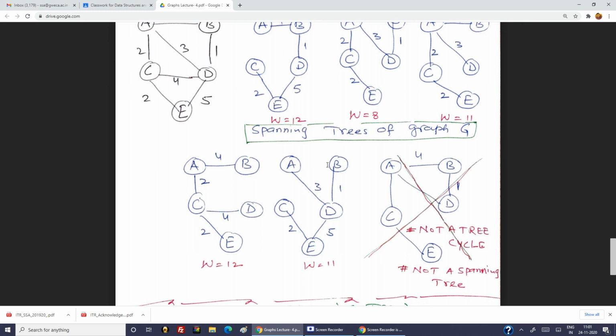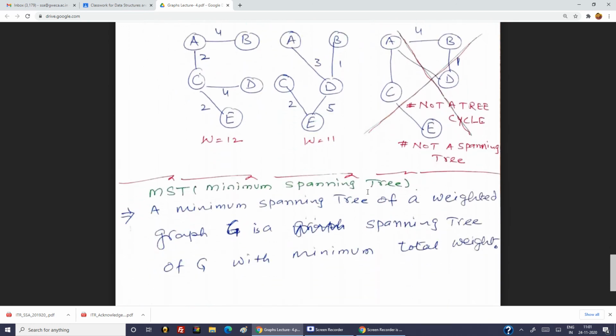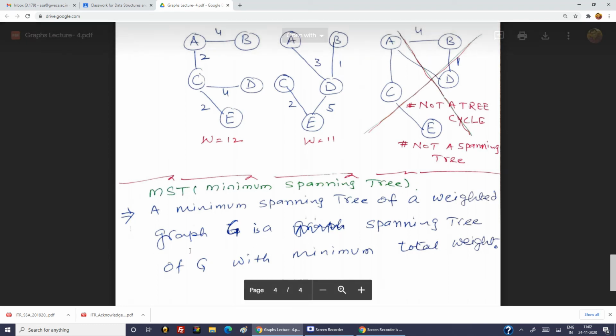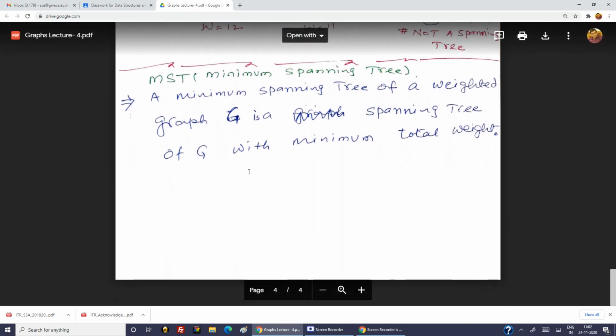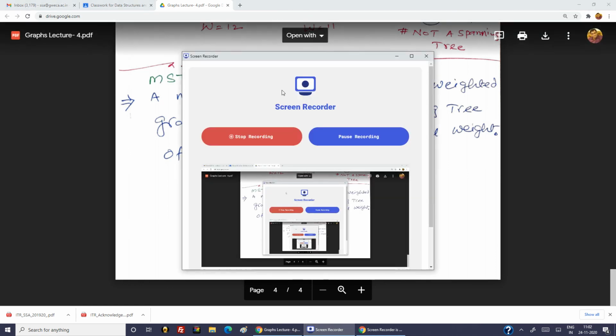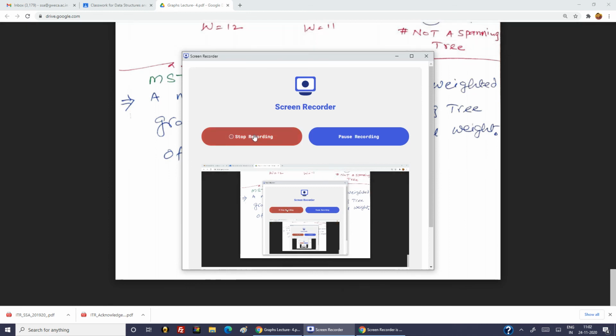What is a minimum spanning tree of a graph? A minimum spanning tree of a graph is a spanning tree with minimum total weight. So the MST of a weighted graph G is a spanning tree of graph G with minimum total weight. So this is the definition of MST. You probably have understood what is an MST of a graph. How to find MST? We have two algorithms, Prim's algorithm and Kruskal's algorithm, which we will discuss in the next class. Till then, you practice it, see the definitions, try to find out MST or spanning trees of a graph drawn by your